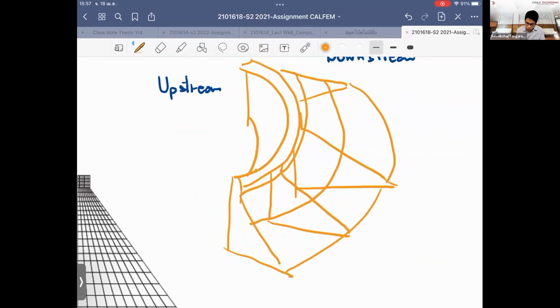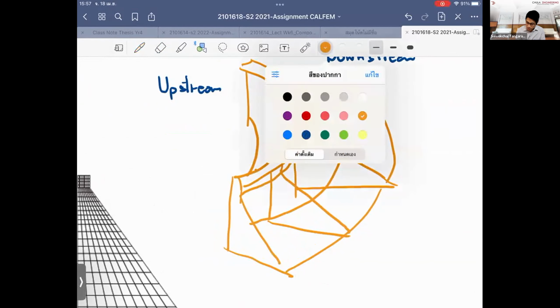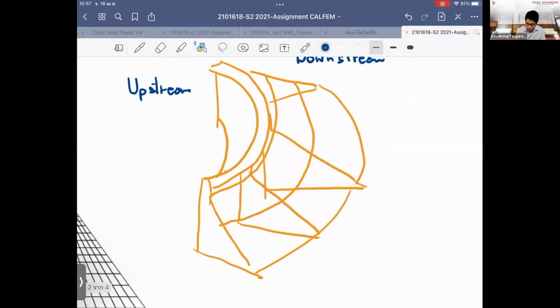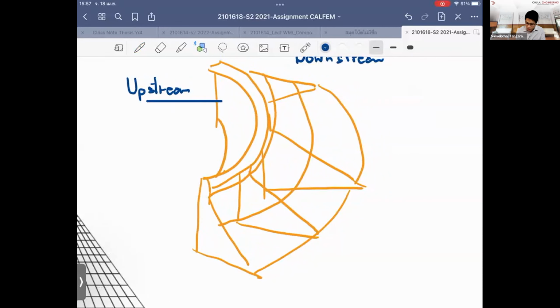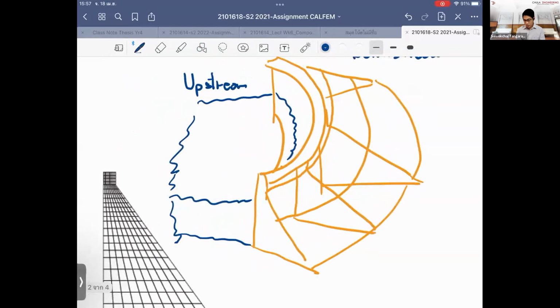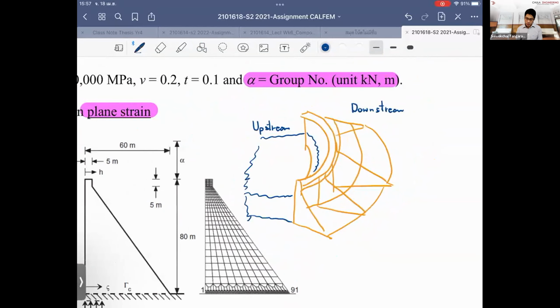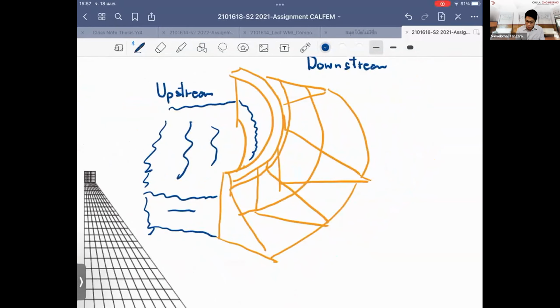And you have the water at the upstream side. So it keeps the water at the upstream side, right? So this is the amount of water that has been kept, right? So what has happened, right? If we have a look here,